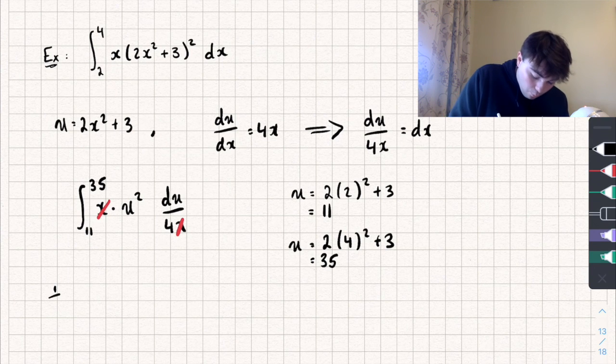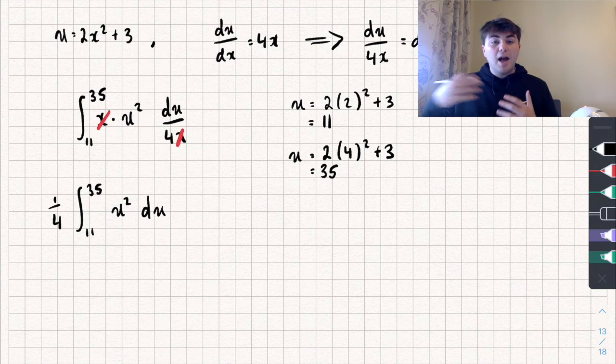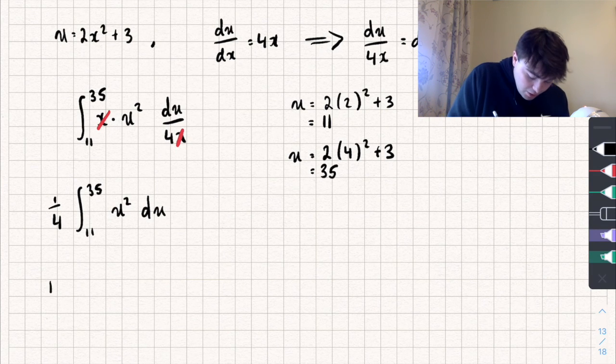So now we have 1/4 multiplied by the integral between 11 and 35 of u squared with respect to u, which is actually pretty easy to calculate. So remember, when we're integrating, we add 1 to the power, divide by the new power. So we're going to get 1/4 multiplied by u cubed divided by 3 between the limits of 11